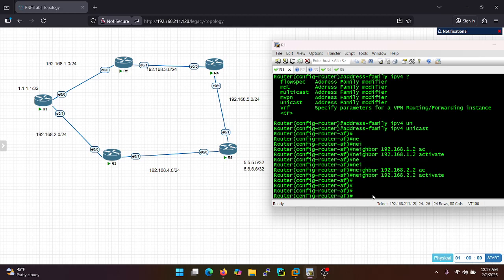We have one more thing, guys. We have the interface loopback, and we have to inject it inside router 1. There are three ways to do that, but we use the easiest one. What is the easiest one? It's writing the network and mask of that interface loopback to be injected inside the BGP routing